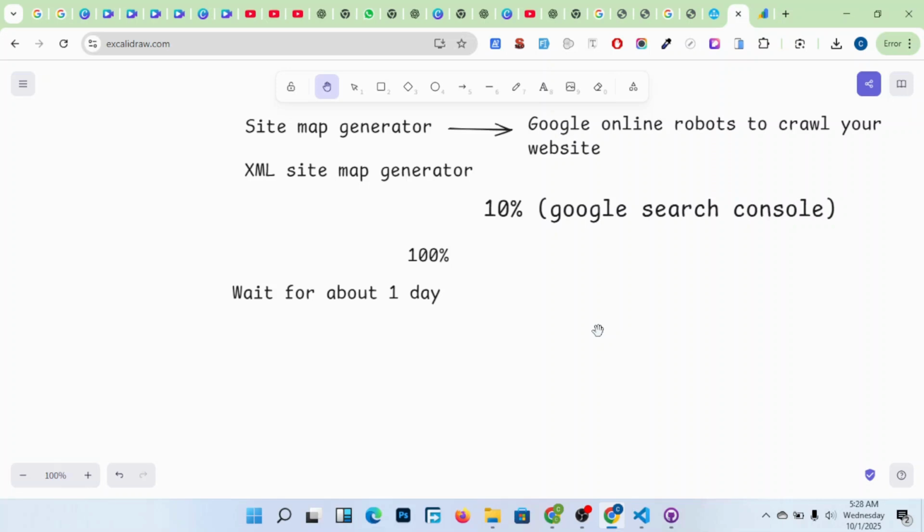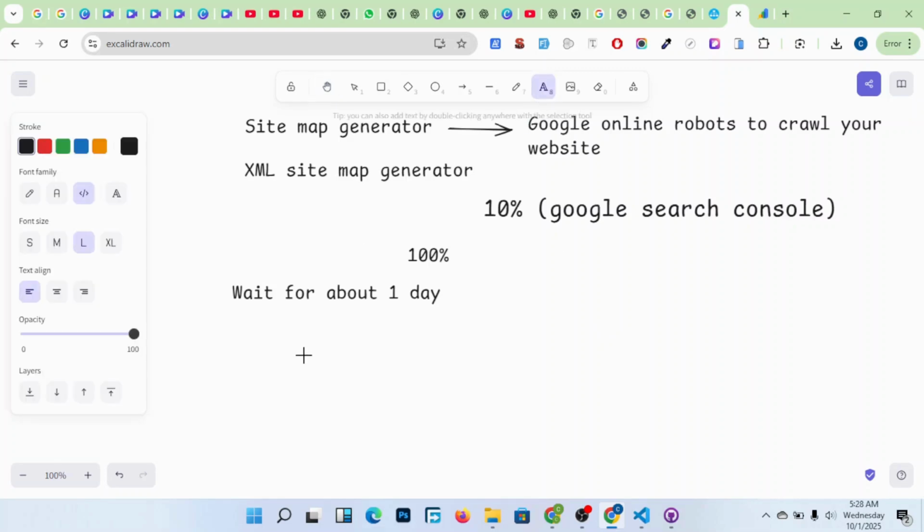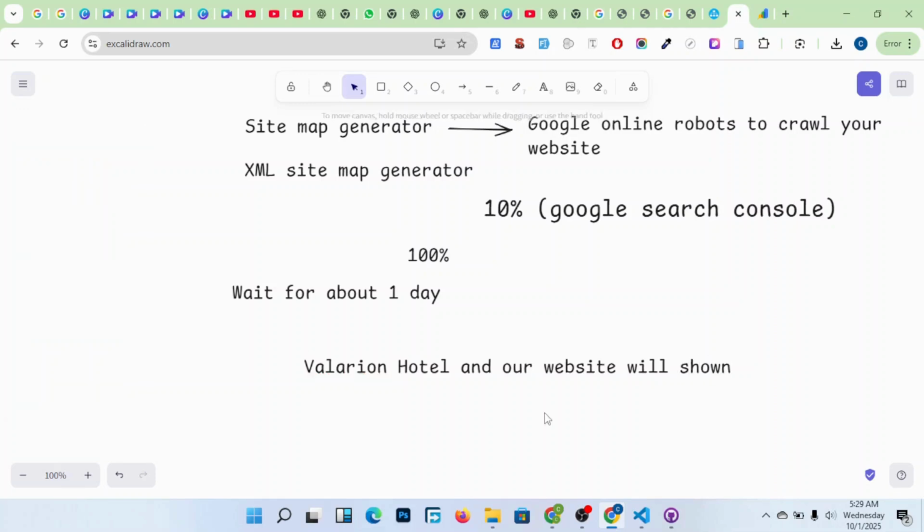members, you watch what I'm saying. When I come back tomorrow, we shall just be able to type in, for example, Valerian Hotel, and our website will be shown.